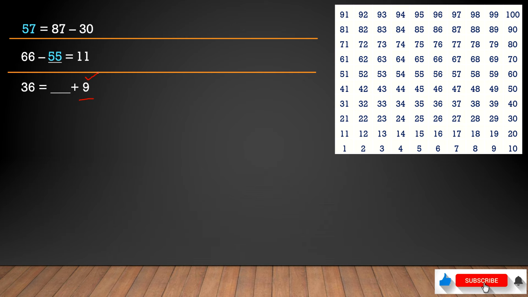How much do we have to add to 9 to reach 36? We'll mark these two numbers. Here is 9, here is 36. And how much do we have to add to 9 to reach 36? If you add 10, 20, I'm not adding 10 more, or I'm not reaching 30. I'll stay at 20 and we'll start counting one by one. So this is 10, 20, 21, and from 30 to 31 it is 22, 23, 24, 25, 26, 27. So that's how you can reach 36 after 9.